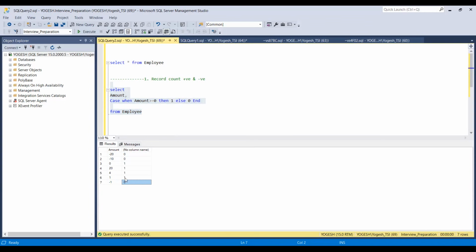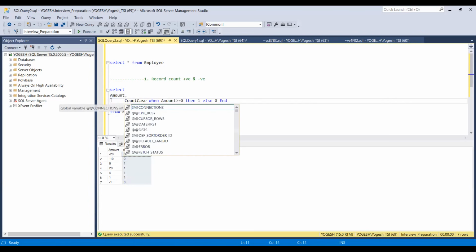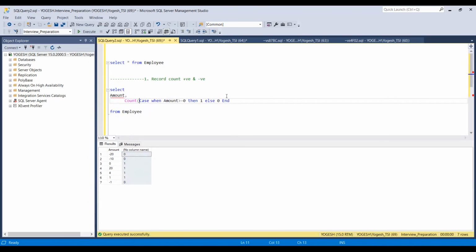So how can we count these ones? Using the count, right? But if you try to use the count here, the count will include the 0s as well. So count will have 3 zeros plus 4 ones, meaning a total of 7 values. Let's try to use that. I'm going to use count first for you guys, just for your understanding.